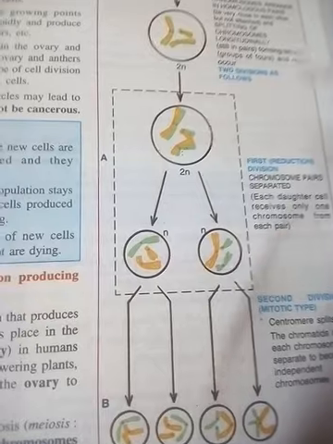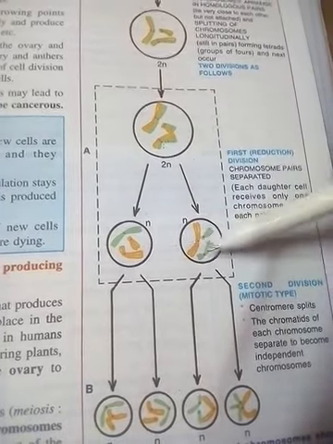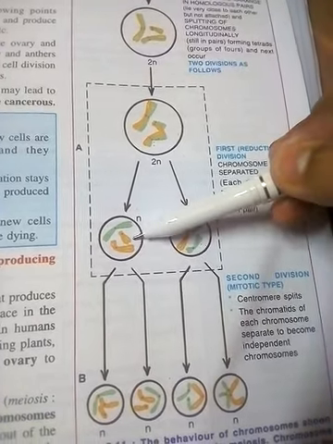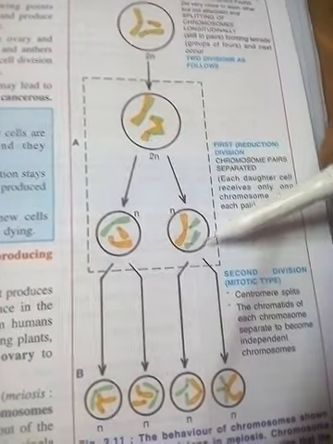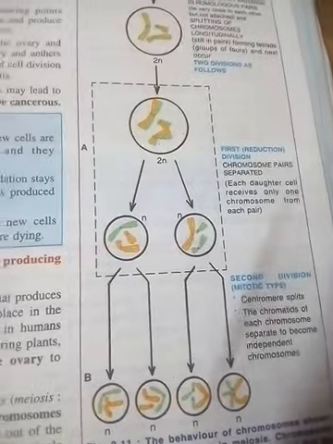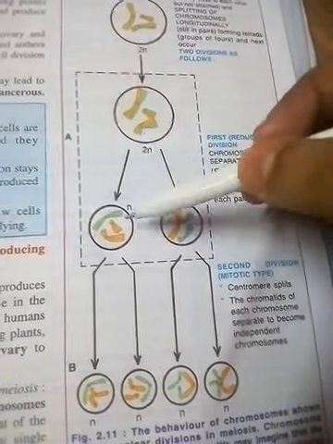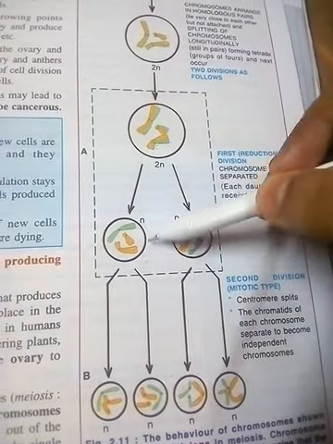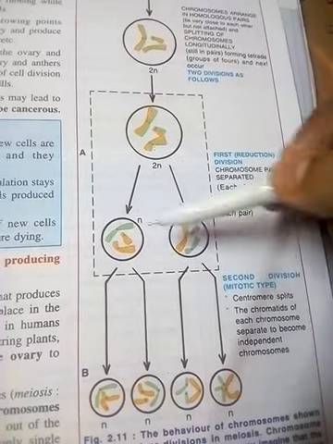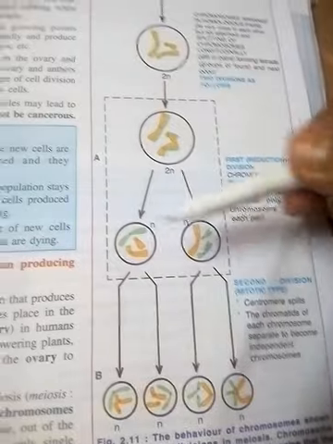In meiosis 1, from one diploid cell 2 haploid cells are formed. Here 2 cells are formed, and these 2 cells are obviously haploid in nature. So this cell is n, and another one is n, because n denotes the haploid number of chromosomes. So 2n equals 6 means n equals 3. In both cells the chromosome number is n, or haploid, so in each cell 3 chromosomes are present.